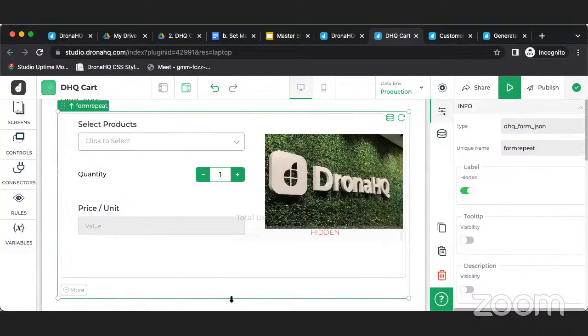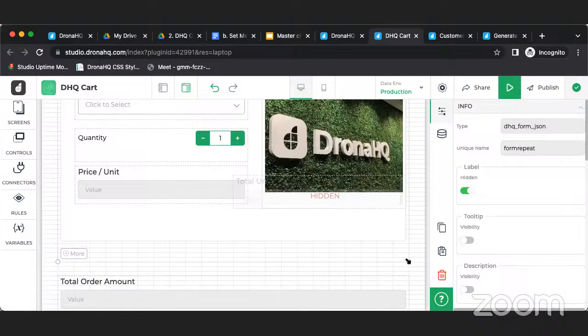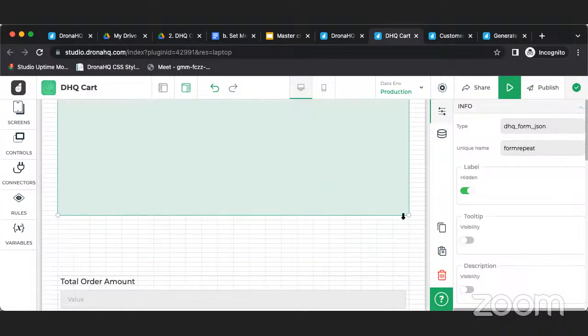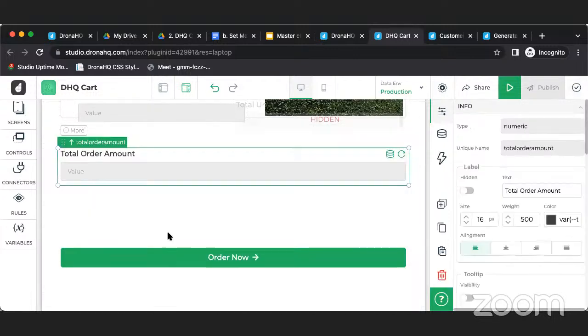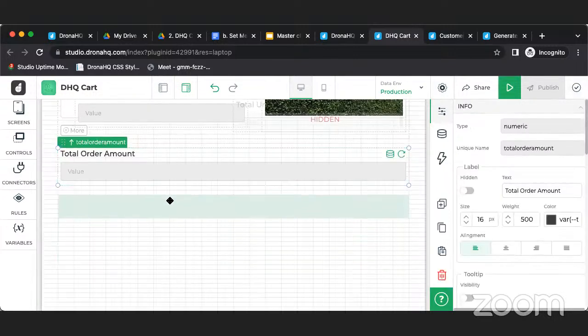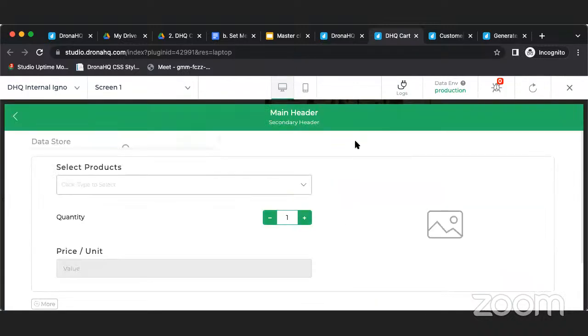We can, there is a space now. We can make this a bit up. Let's move this. Let's preview this. So you can see the image control got hidden if it is empty. If I add